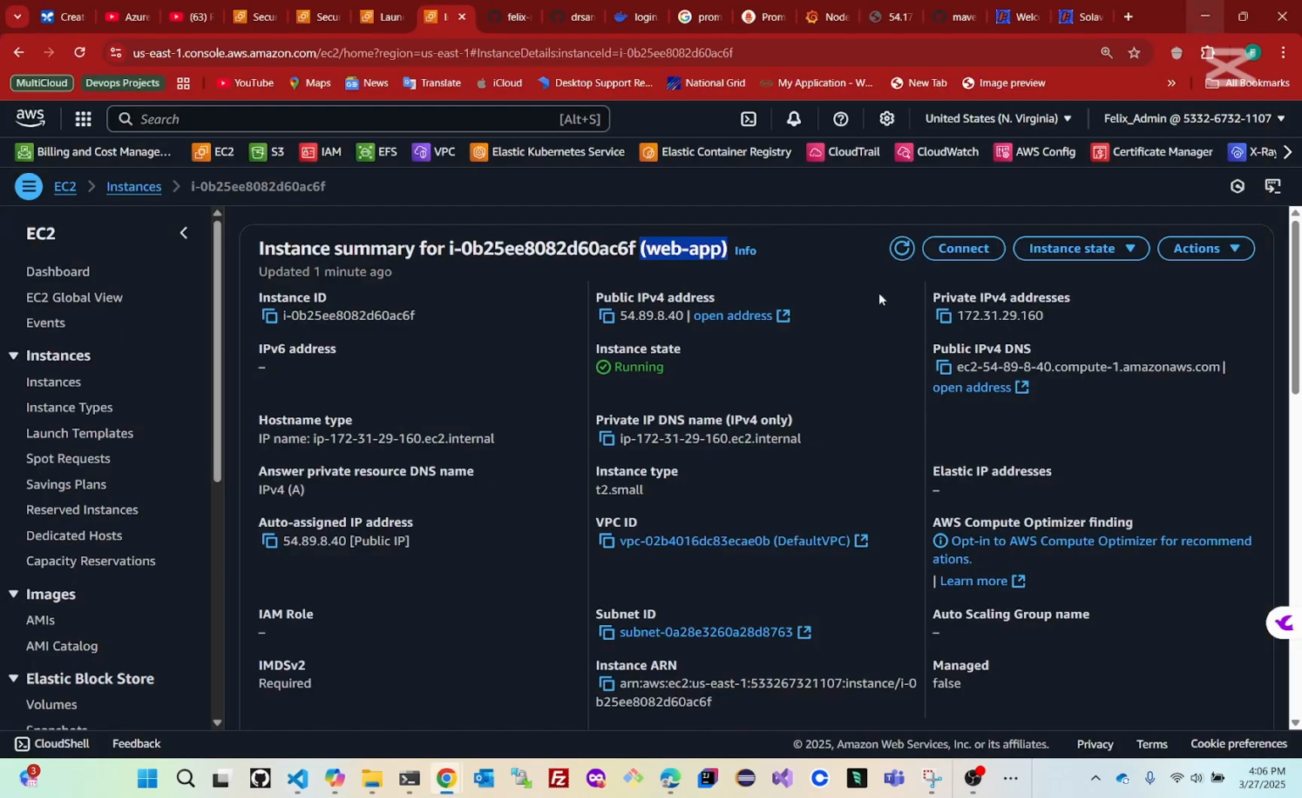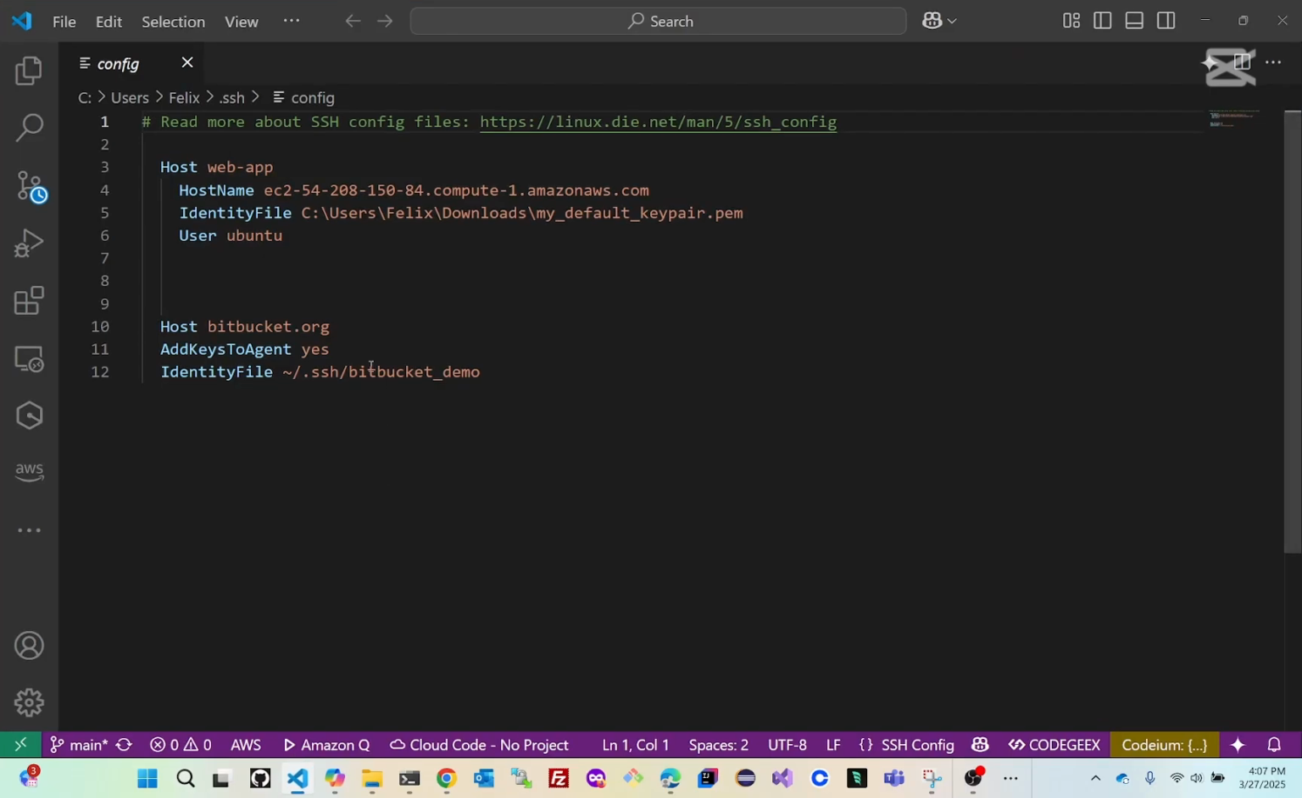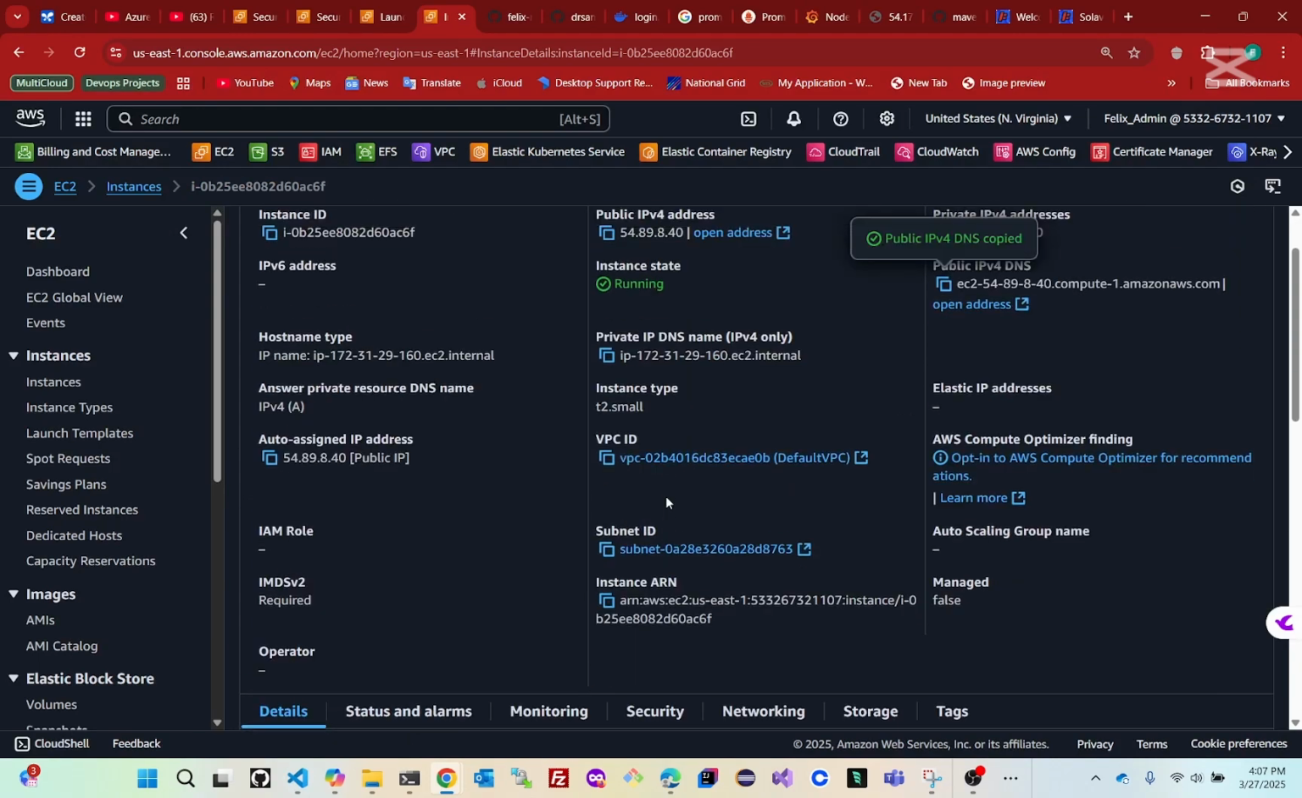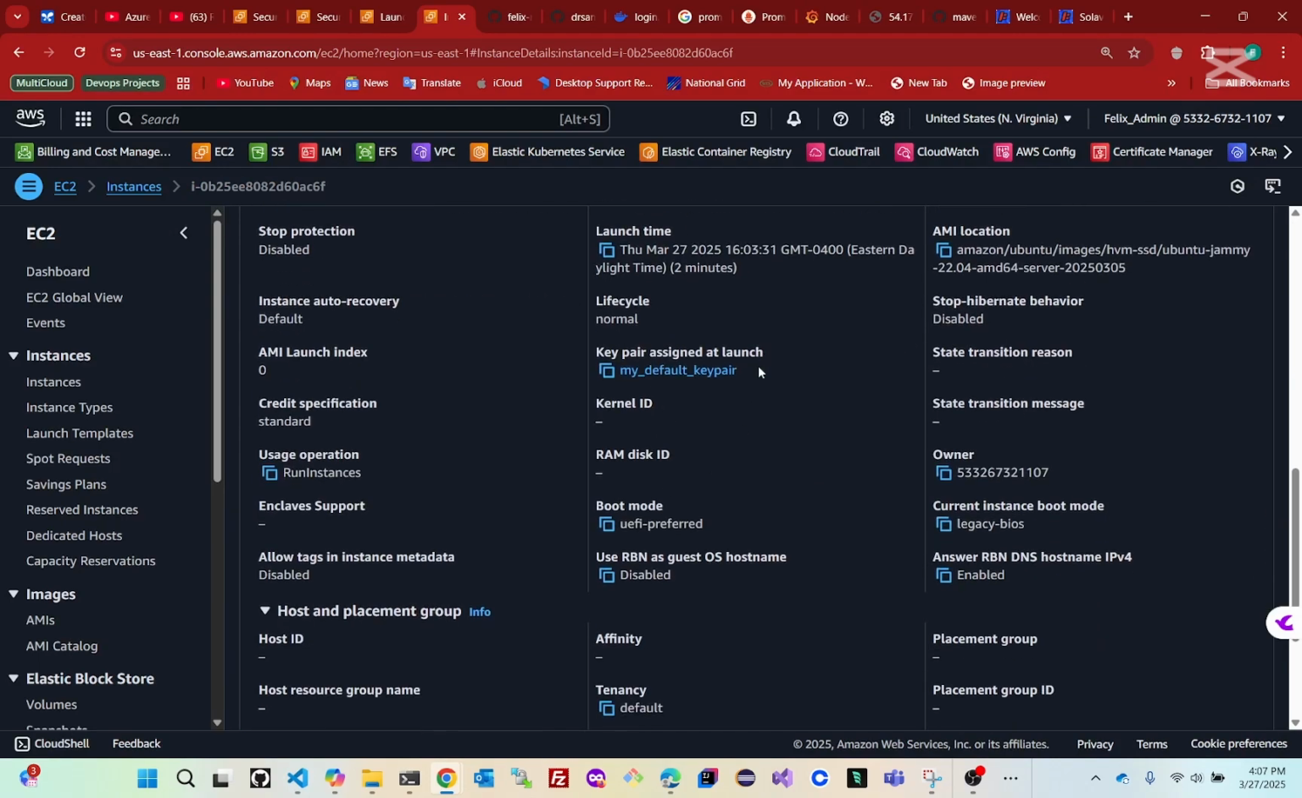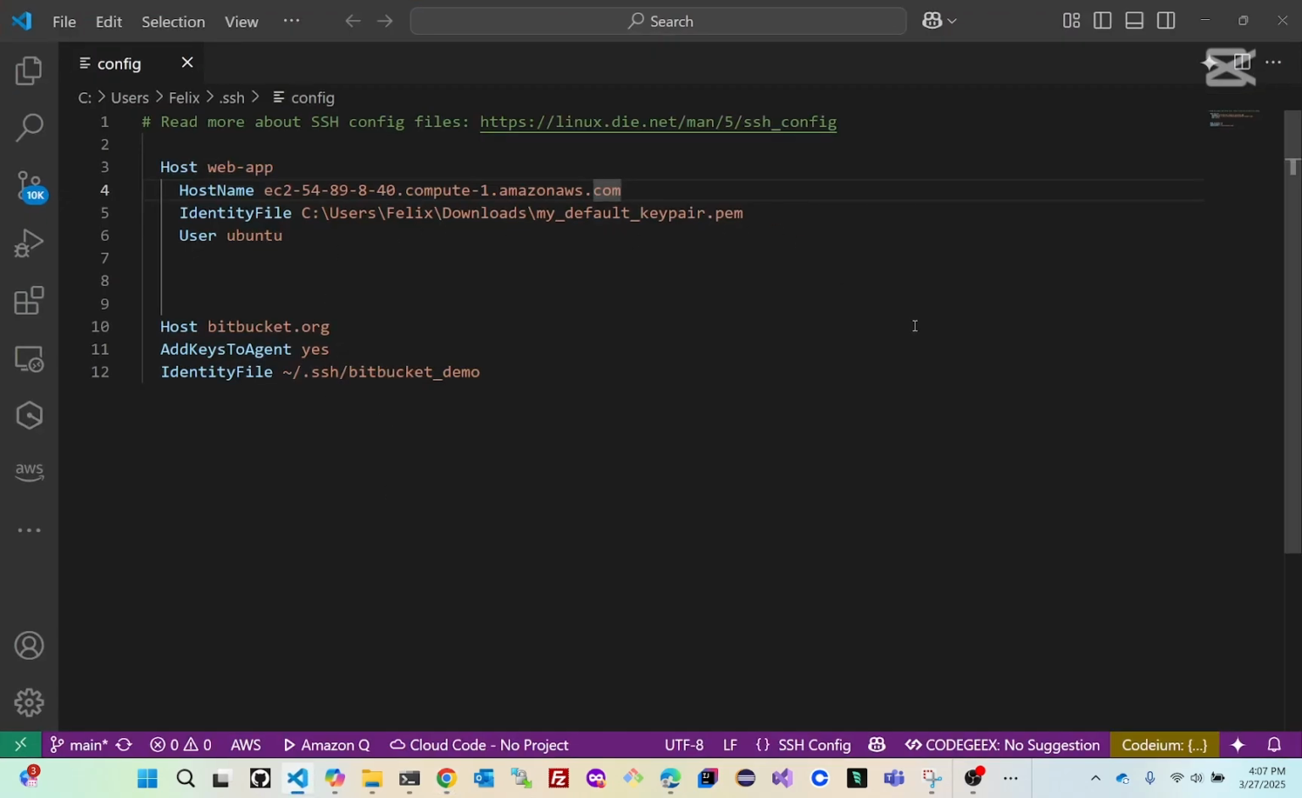So I'm going to go to it and copy. This is the public DNS. I'll copy it. I'll come back here and I will select this, replace it. Okay. The other one is the path on your computer where your key pair is stored. Don't forget, if you look at my EC2 machine information, I use a key pair, and the name of the key pair is my default key pair. So I need to tell VS Code how it's going to locate this pair,